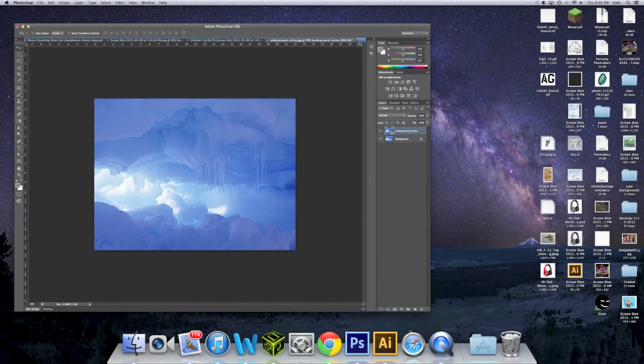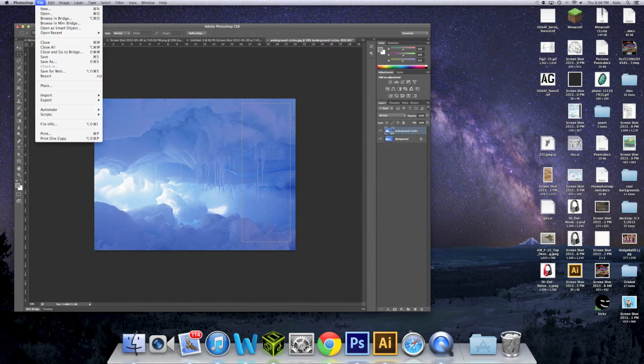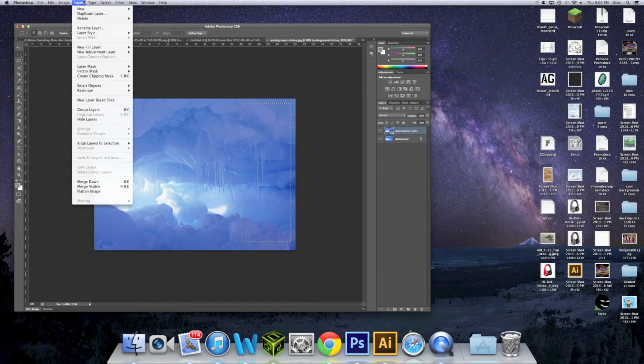into my Photoshop window. And we're gonna grab the marquee tool. It has to be this tool, otherwise it will not work. So basically what we're gonna do is you're gonna grab and just hold, and then you're gonna select an area that you want your note to be. And then we're gonna go up to